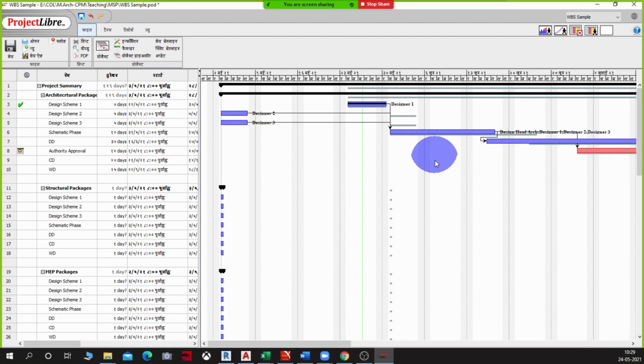Why is this project summary not coming in Hindi, sir? Which one? The very first one, Design scheme. These are values which we have typed in English. So you have to type in Hindi. You need to have the Baraha or another keypad in which you can type in Hindi.